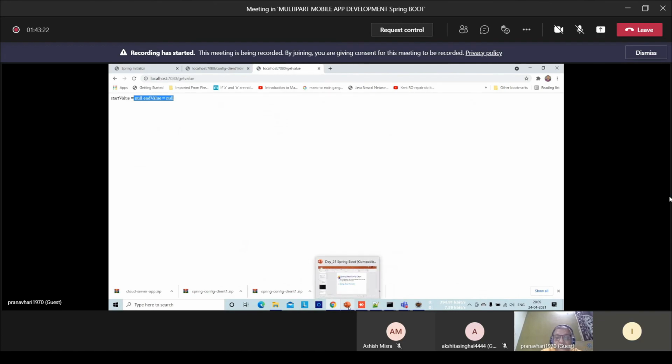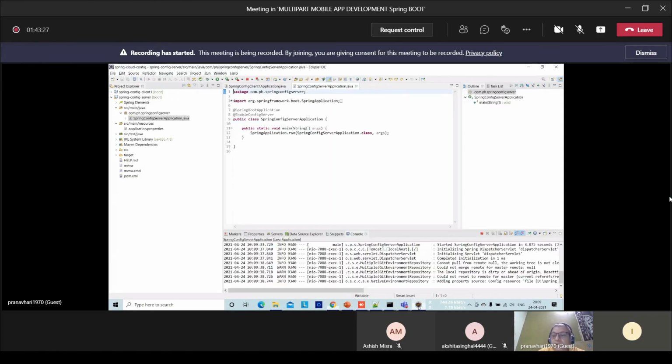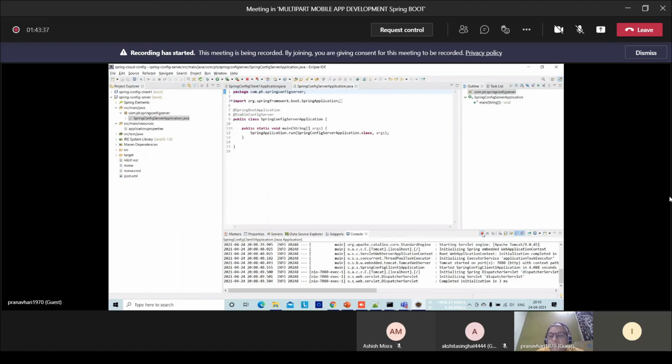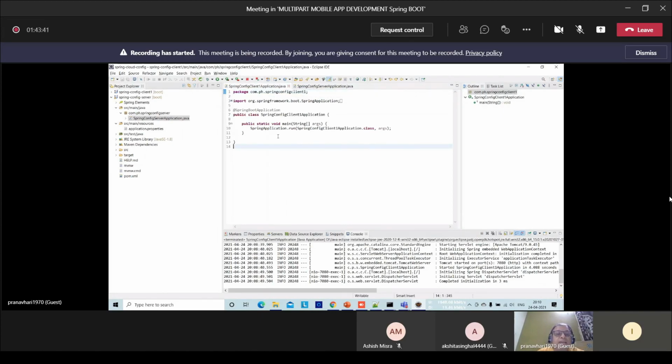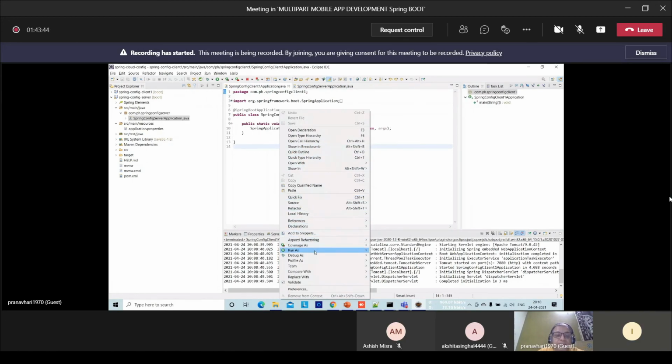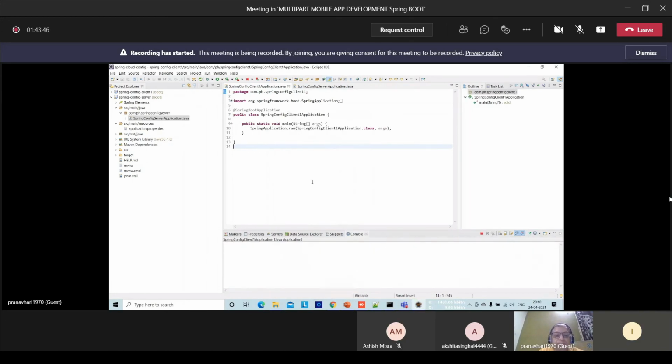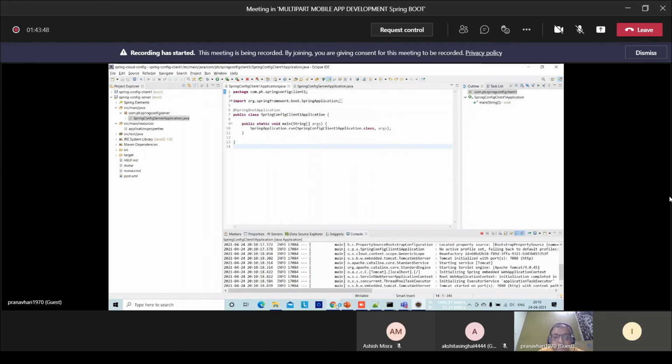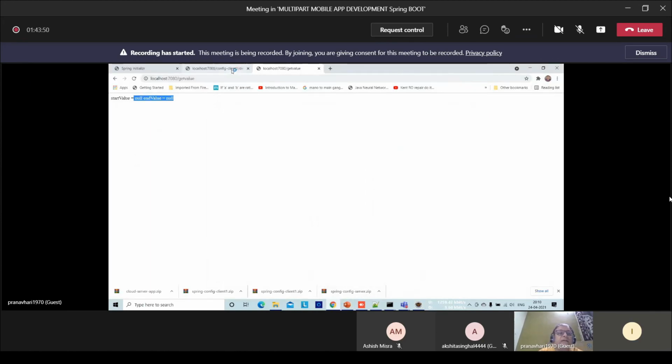So for corrections, what do we need to do? What we need to do, guys? We need to close the client app and restart the client app. Once the client app is restarted, you can get the value.